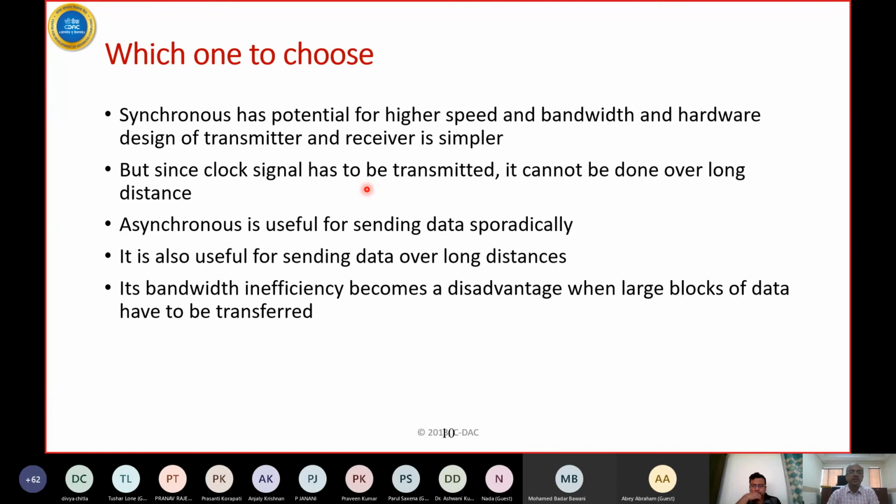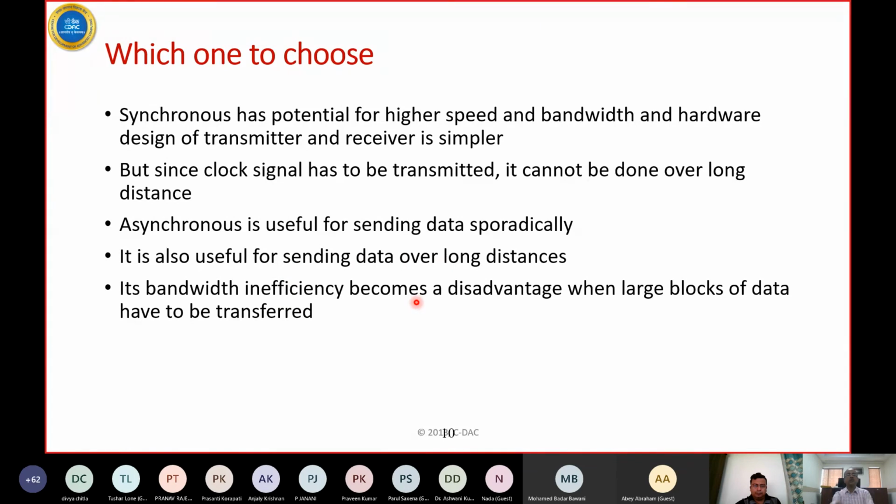by the distance. Whereas for asynchronous, there are overheads, start and stop bits, and there is an idle period. If you want to send data sporadically, meaning a chunk of data, then no data, then another chunk of data, then asynchronous is useful. You have no option but to use asynchronous if you are sending over a long distance. But asynchronous is good for sporadic data, not when large chunks of data have to